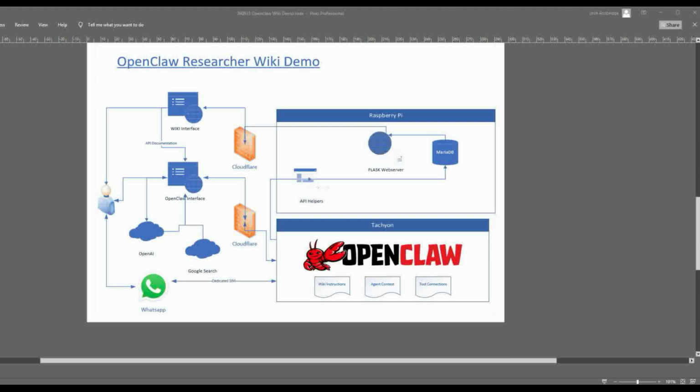I guess to start this off, there's a question as to why is this important and why am I doing it this way. I don't want to use OpenClaw in an experiment like this in a corporate environment, so everything I'm doing is an example and in a private network at the moment, so that there's no corporate information included here, but you could see this kind of model being used in maybe a project environment where you've got documentation to